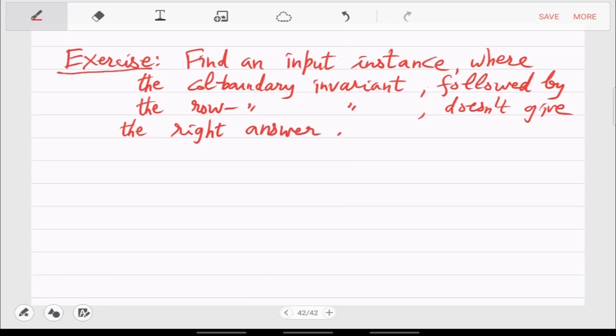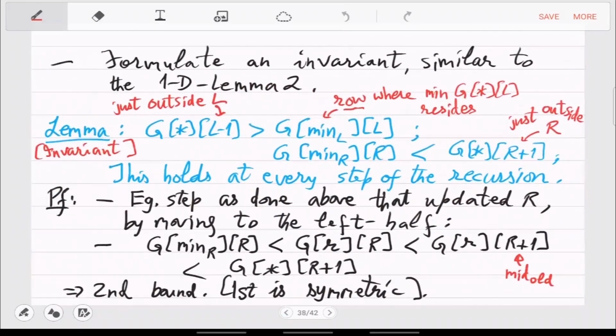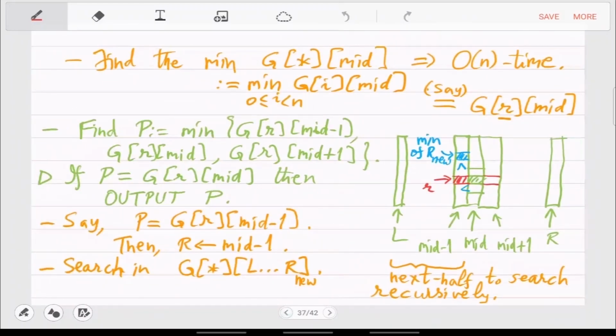The problem is that you will have too many inequalities. You want a more integrated invariant instead of these invariants which sometimes look at the vertical one and sometimes look at the horizontal one. So that will not work.